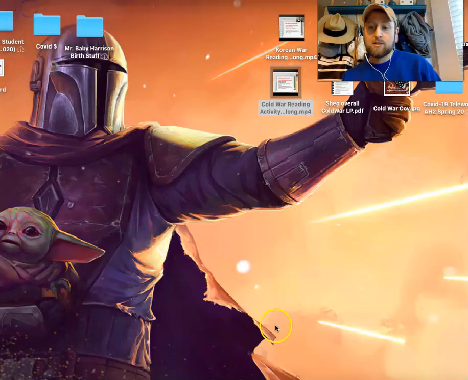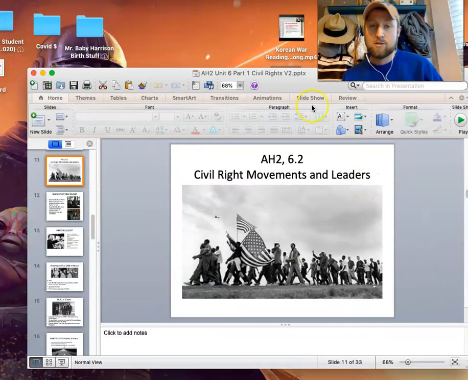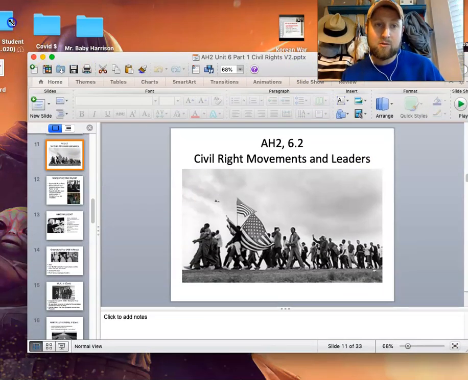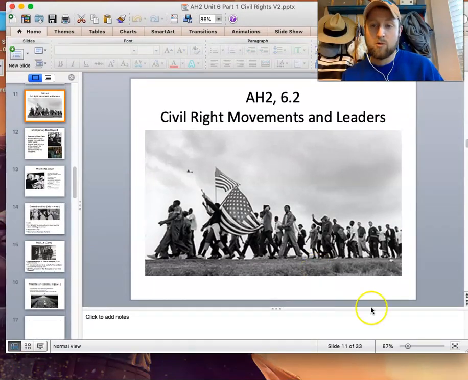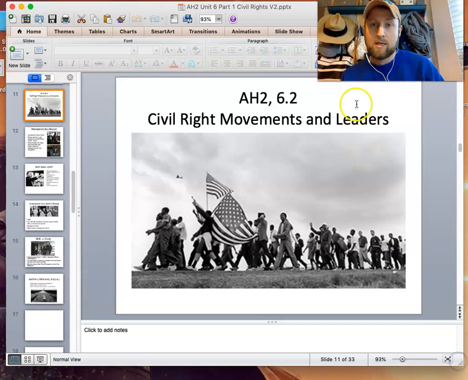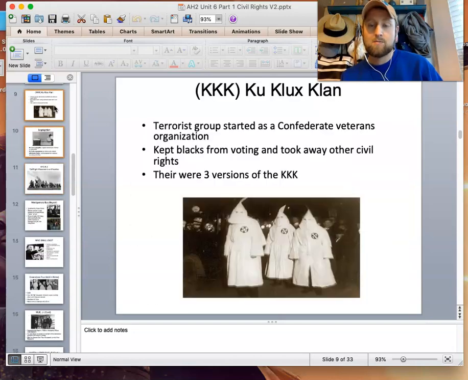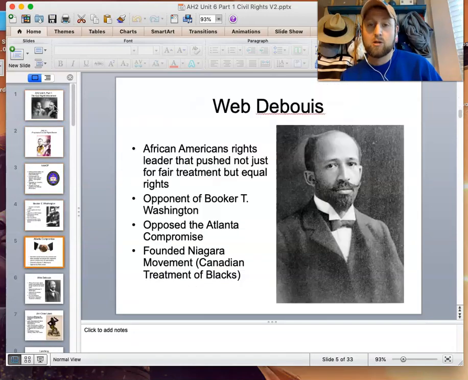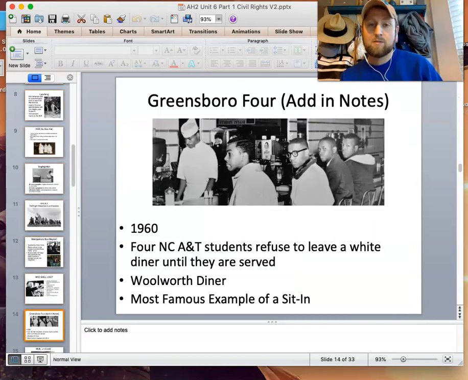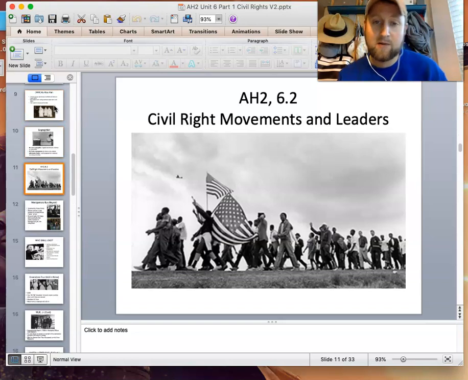So we're moving on to Unit 6 today, which covers civil rights. Unit 6 is divided up into 3 different parts. Part 1 is civil rights, Part 2 is Vietnam, and Part 3 is counterculture, so like the hippie movement. You notice I'm starting with 6.2. That's because the stuff in 6.1 has been covered. As you see, that is the Booker T. Washington, that kind of stuff, different types of segregation. So we're getting into the newer stuff that we haven't covered in here. A lot of this is familiar because it's covered throughout your educational career. And I'm going to do 6.2 today.